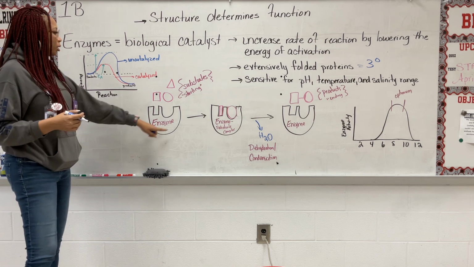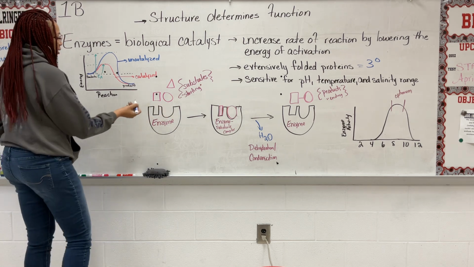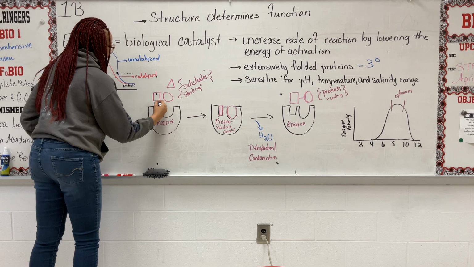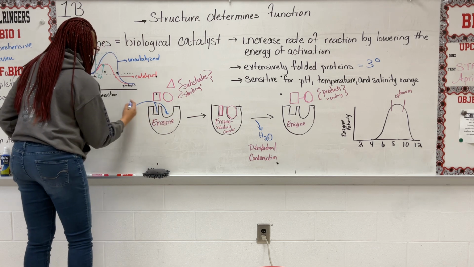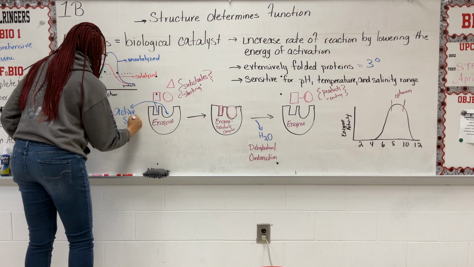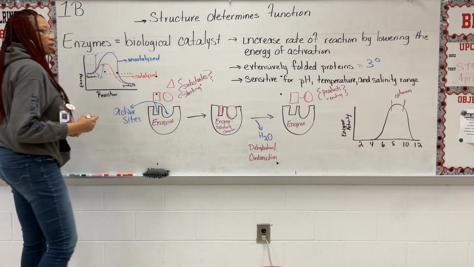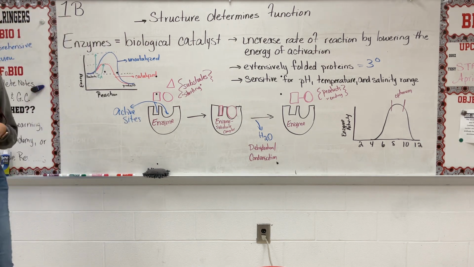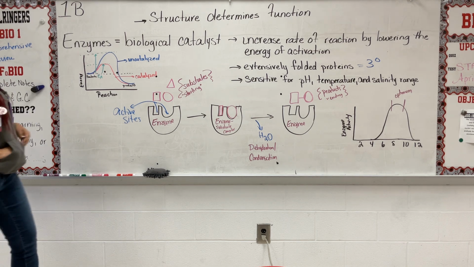And so that subunit is going to be folded so that it has this special area in it, and these special areas are called active sites, okay? And the active site is going to be where your substrate or your starting material is going to actually bond